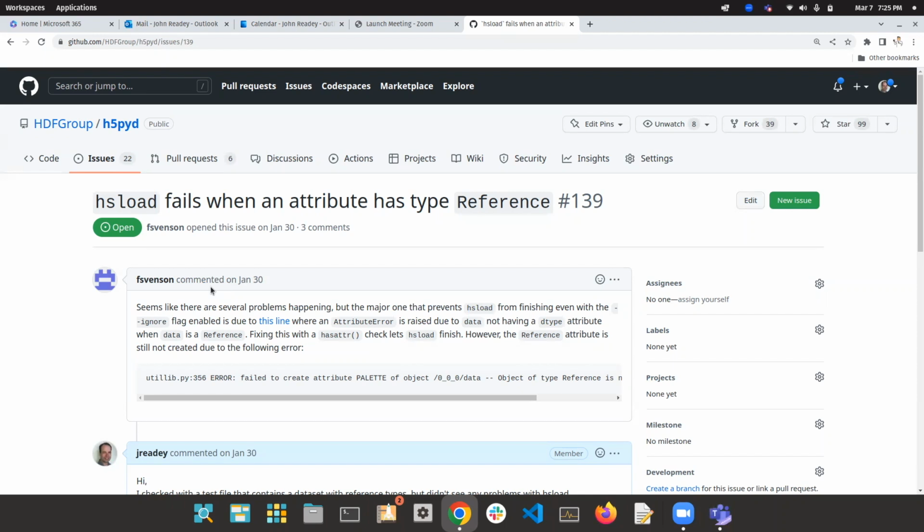So yeah, let me talk a little bit about these references. The reason I thought about it is because I got this issue: HS load fails when the attribute has type reference. And references, object references, are something that we supported for a long time in HSDS. But somehow, it didn't occur to me this issue of HS loading an HDF5 file and converting it